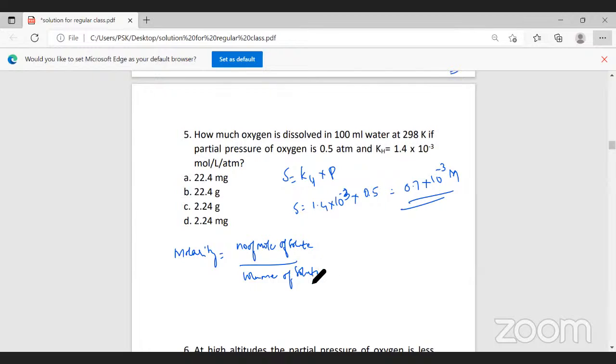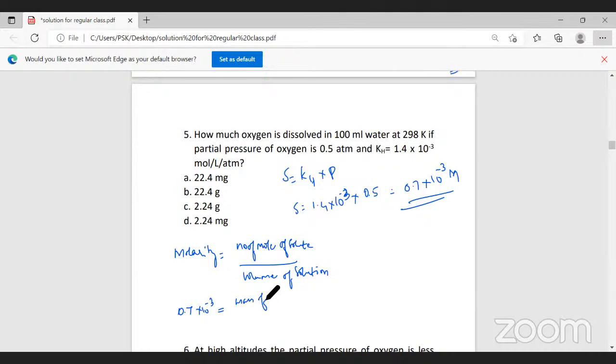Now the solubility, 0.7 into 10 to the power minus 3, can be written as mass of oxygen divided by